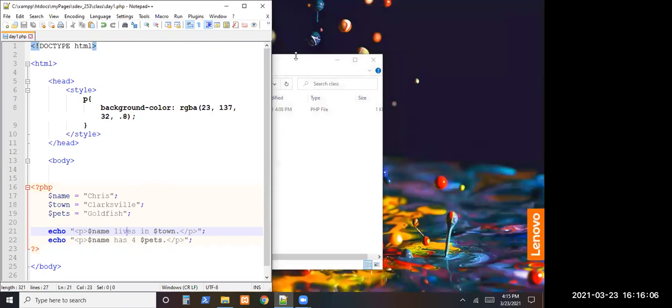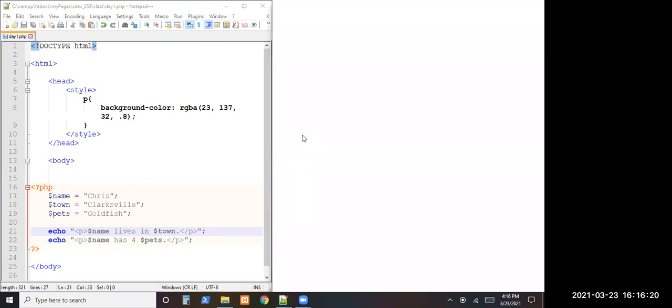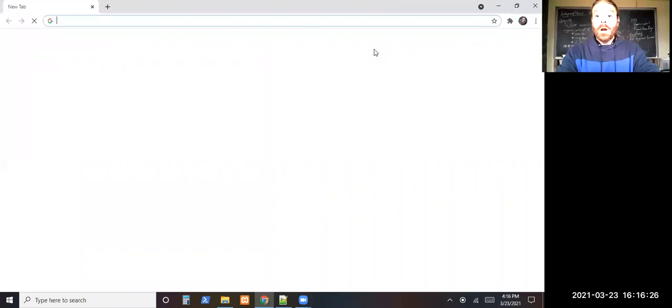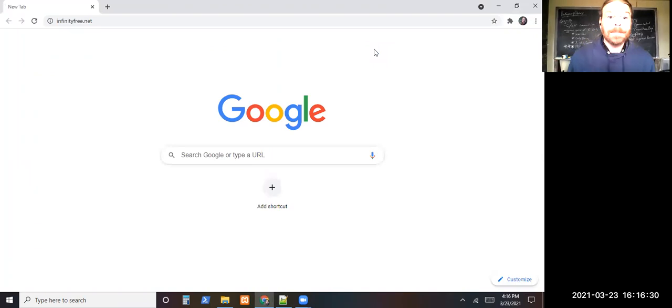Before you totally sign off, if somebody was going to use the Infinity Free site to do some of this stuff, is there anything else I have to hit on the site to make it work? Do I have to turn on other stuff, or do I just let it rip? Well, I will do that real quick just to show you. So if I go to Infinity Free,